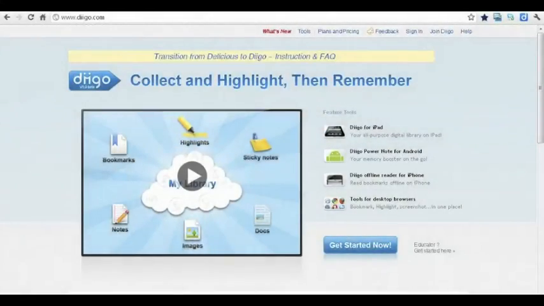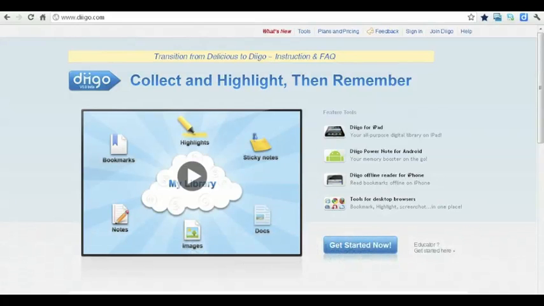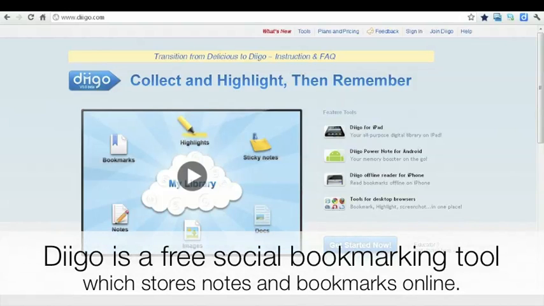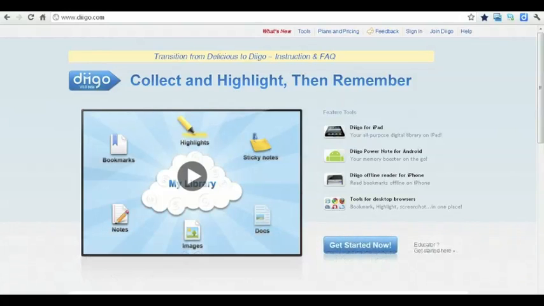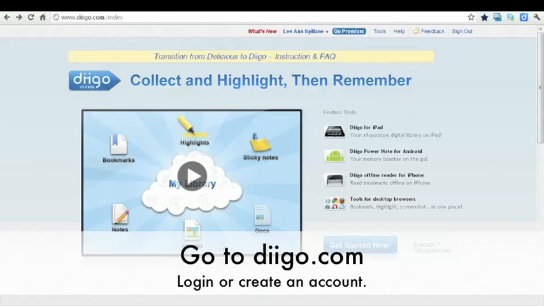My name is Leanne Spillane, and I'm the author of Stenhouse's Read and Watch title, Reading Amplified: Digital Tools that Engage Students in Words, Books, and Ideas. Today, I'm going to show you how to use Diigo, a social bookmarking tool, with our new Read and Watch books. In order to use Diigo, you need to add a browser tool or an extension to the browser